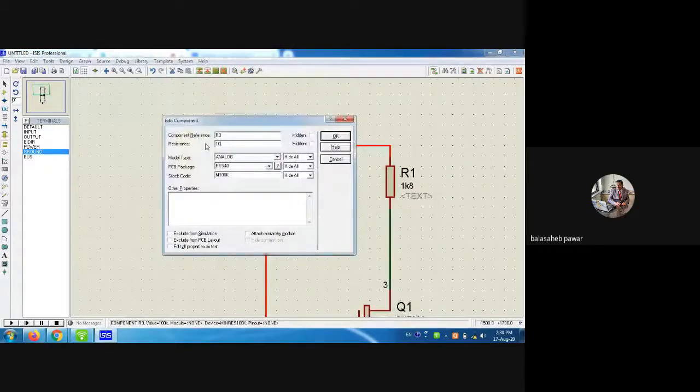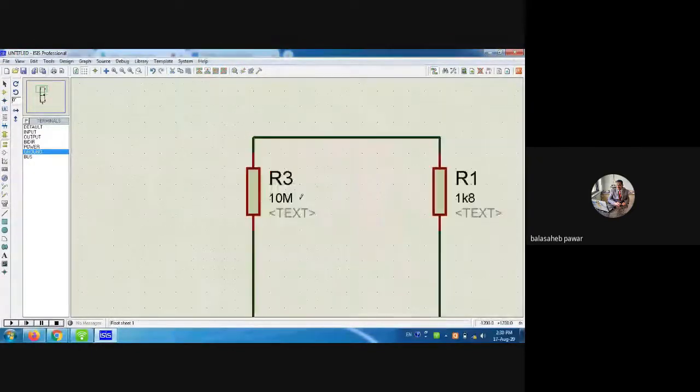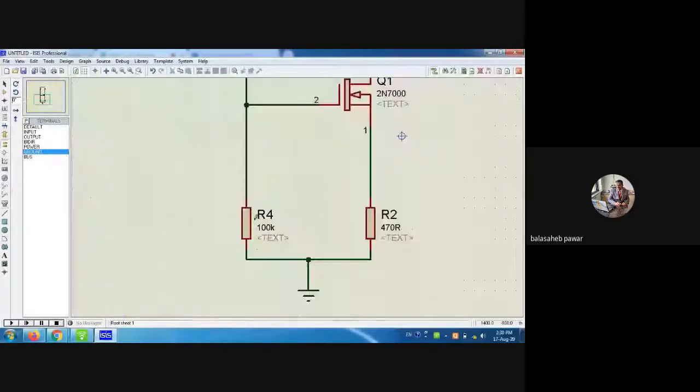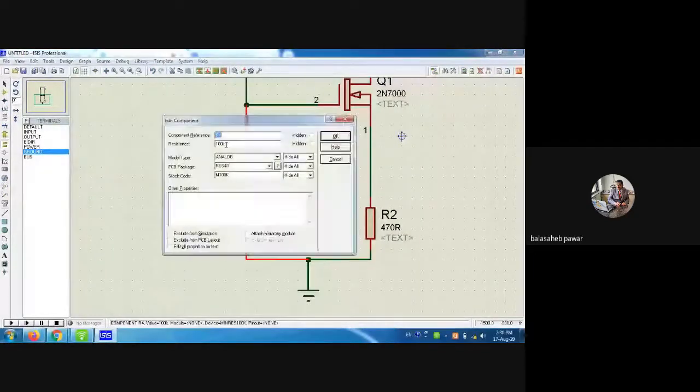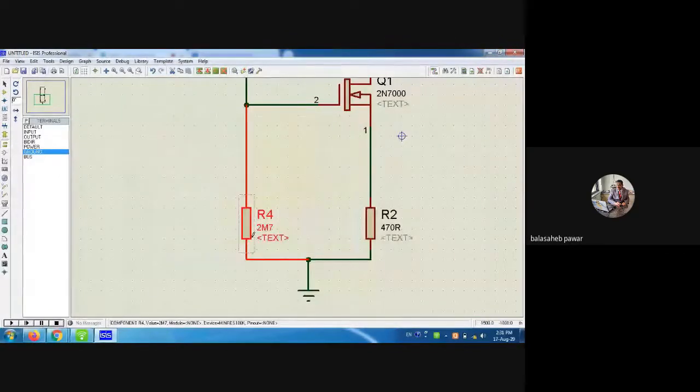So I will just write it as 10M. So this resistor is 10 mega ohm, and R2 we selected as 2.7 mega. So how should I write it? 2M7, that is 2.7 mega ohm, right?